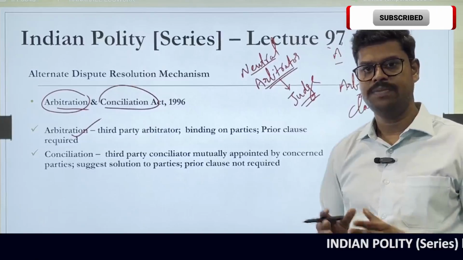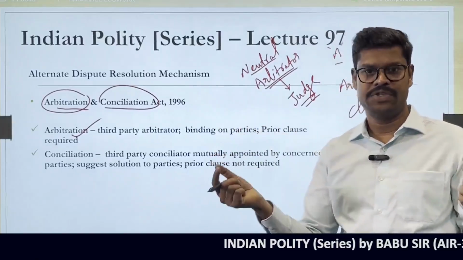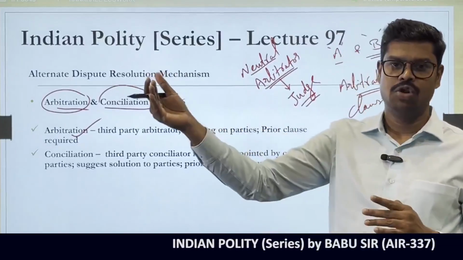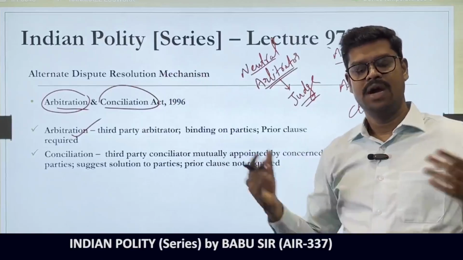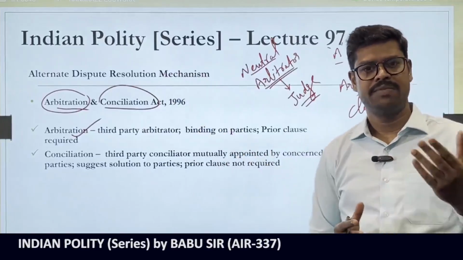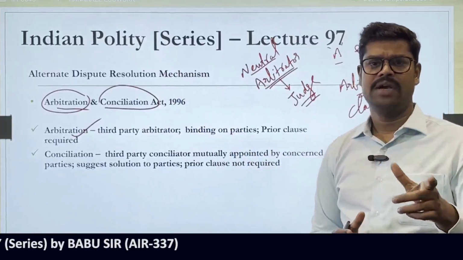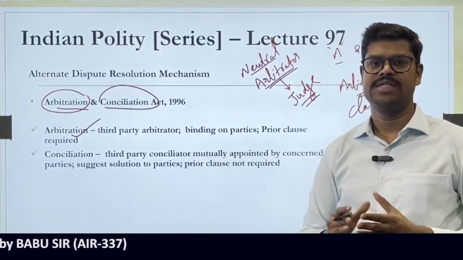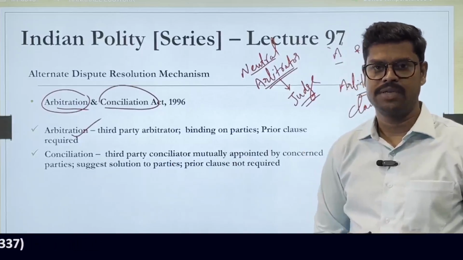So try to understand this in a very simple way. What is arbitration? If there is a dispute between two parties, especially if it is a commercial dispute, either they can go to the court under the ordinary laws, or they can go to an arbitrator under the Arbitration and Conciliation Act, present their case, and the arbitrator will pass an order. A neutral arbitrator will pass an order after hearing the case from both the parties, and then that order is binding upon these particular parties.